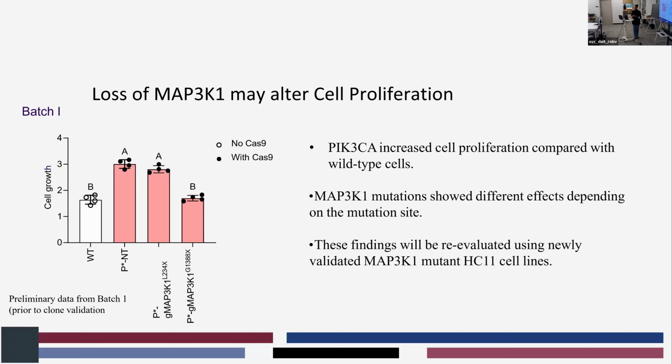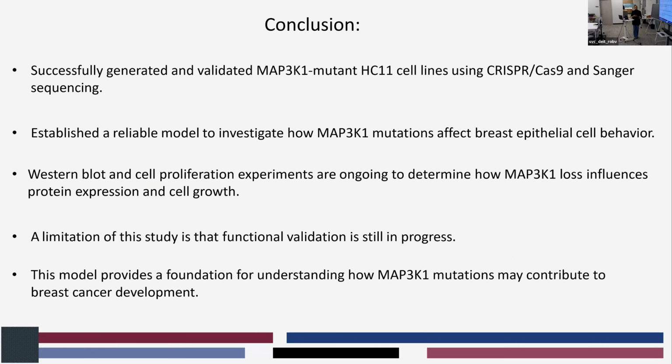Because this data was collected before clone validation, the proliferation assay will be repeated using validated MAP3K1 mutant cell lines. And then for our conclusion, we successfully generated and validated MAP3K1 mutant HC11 cell lines using CRISPR-Cas9 and Sanger sequencing. We established a reliable model to investigate how MAP3K1 mutations affect breast cancer epithelial cell